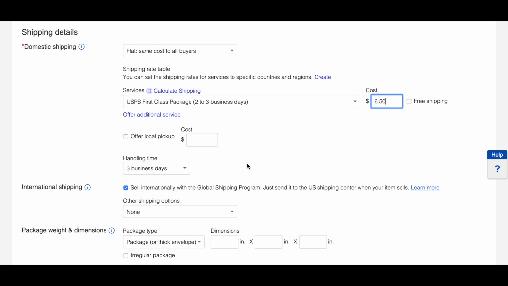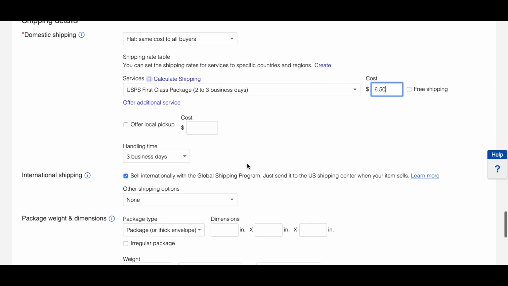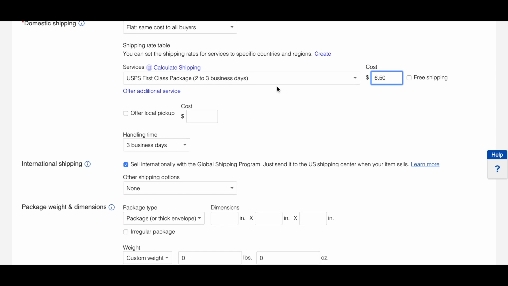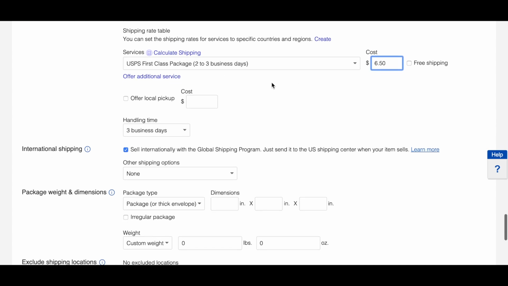And that just for me makes sure that I'm getting compensated for the handling of the item and also the poly mailer that I'm having to use and maybe a little bit of my business cards. I'm building the cost of business into this little additional charge. And honestly, it's not that much higher than what people would pay if it was calculated. You can offer local pickup, but I don't really offer local pickup on my items. I'm private that way, and I don't think that